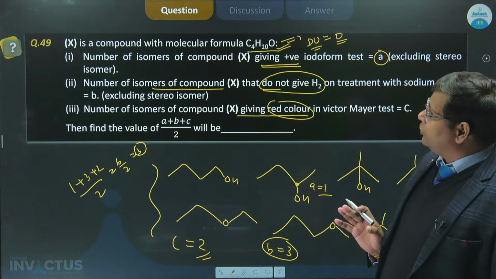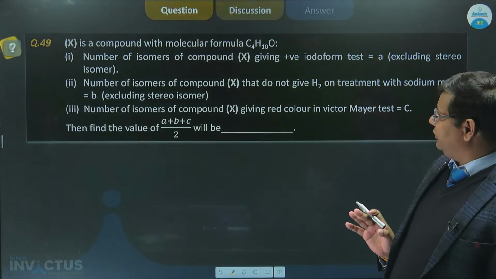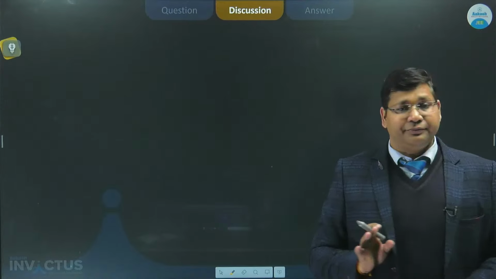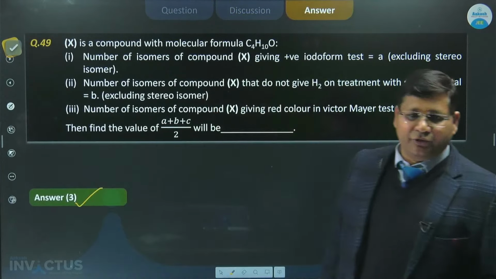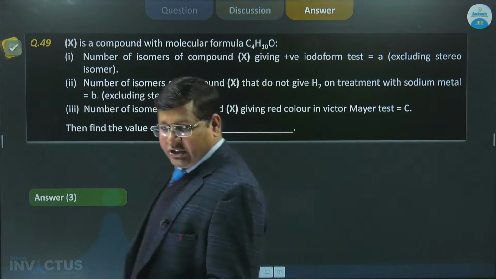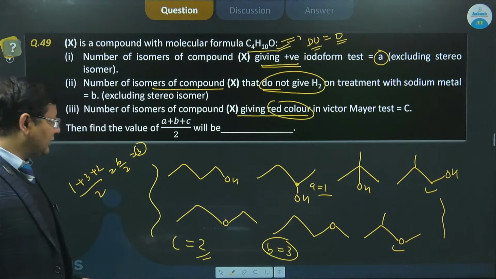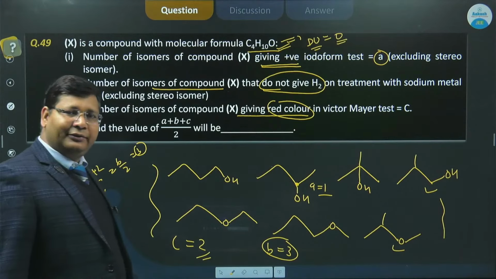ठीक है बच्चों, तो let me check the answer of this question. Yes, 3 is correct. ठीक है, तो इसका स्ट्रक्चर अगर किसी ने नोट नहीं किया हो तो वो कर सकता है क्विकली, फास्ट। डन, ओके।